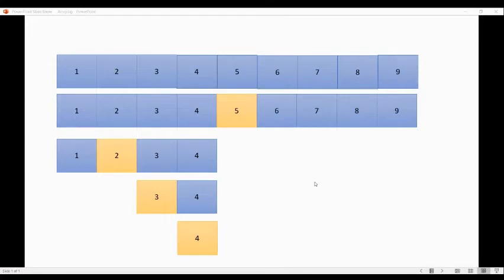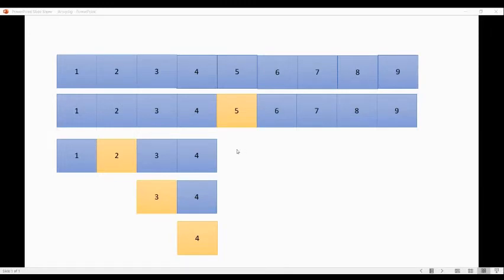For the sake of understanding the divide and conquer algorithm better, let us take the example of binary search. Binary search works only on sorted arrays. So in this example, I have taken an ascending array which has elements from 1 to 9. I have done this for the sake of simplicity so that everyone can see which element we want to search. Now if we want to search the element 4, we'll have to first divide this array into 2. As you can see, the middle element is 5, which is highlighted over here. Now, 4 is less than 5, so we'll have to further divide the array into 2.